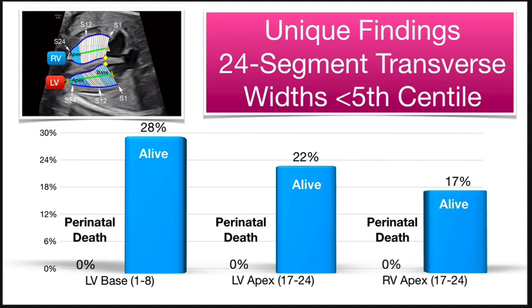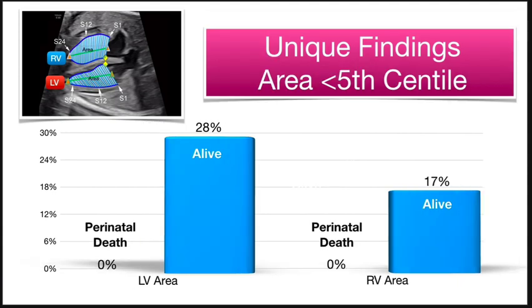The 24-segment transverse widths located at the left ventricular base and apex and the right ventricular apex that were less than the 5th centile were only present in those who were neonatal survivors. End-diastolic areas of the left and right ventricles less than the 5th centile were only present in fetuses who were